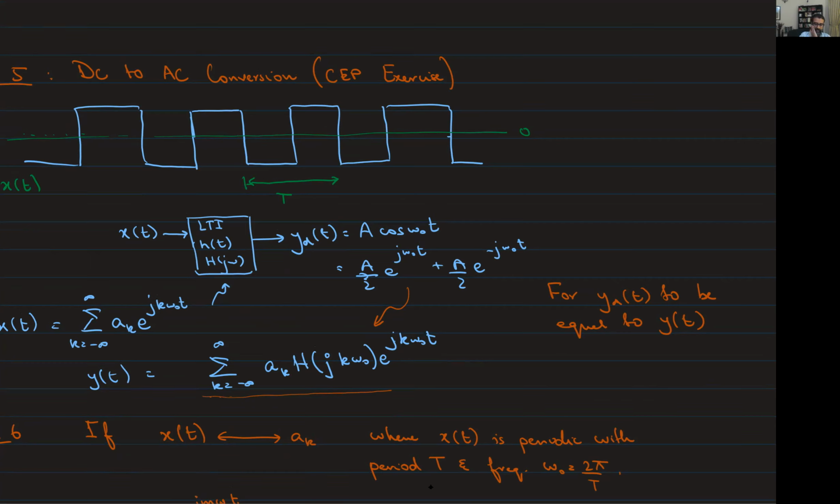You see, in the desired y of t there's only one term corresponding to e raised to power plus j omega naught t, and one term corresponding to e raised to power minus j omega naught t, and all other k omega naught terms must be 0. That means H of j k omega naught must be equal to 0 for all k's